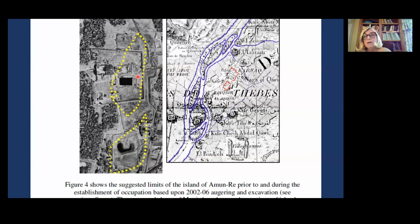So they've actually been able, through coring, to draw the original island that held the Karnak temple fairly accurately, and that dated back to the first buildings in the 11th dynasty around 2000 BC. Here in the Mut temple, we know that at least in the Middle Kingdom, there is already a temple. So one might say perhaps a couple of hundred years after the Karnak temple, or maybe even only 100 years